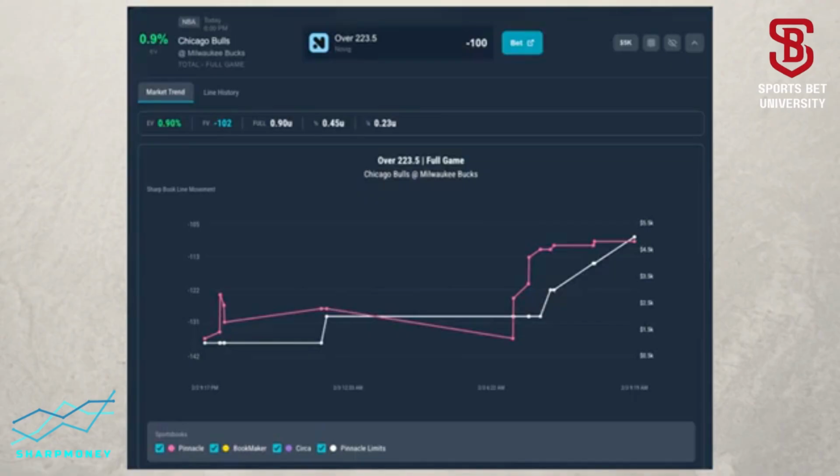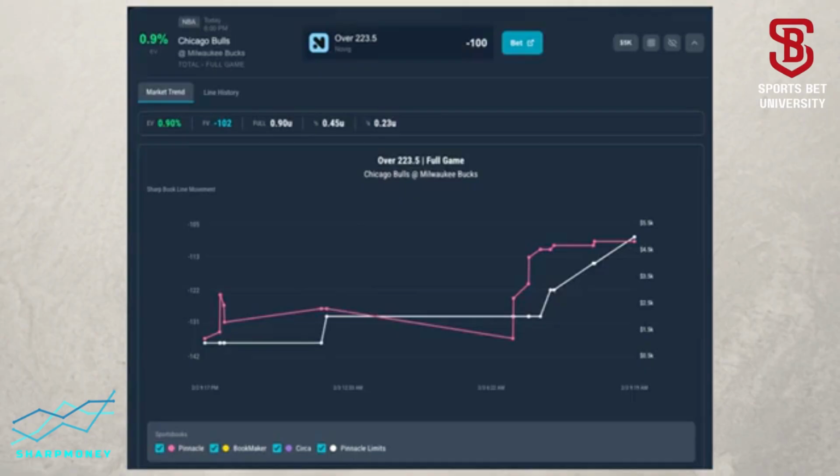So limit increases going up and odds going up mean avoid that play at all cost. Even if this was a 3, 4, 5% EV play, this is a play that I'm not touching, but especially that this is under a 1% EV play, you don't even think about this. So if this wasn't enough to get you off of the play, and we only have the Pinnacle odds as